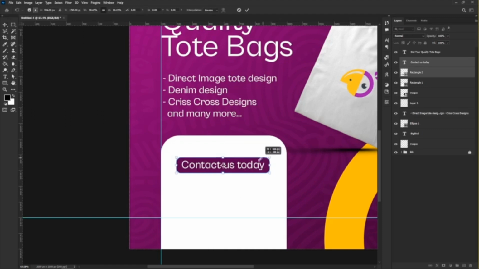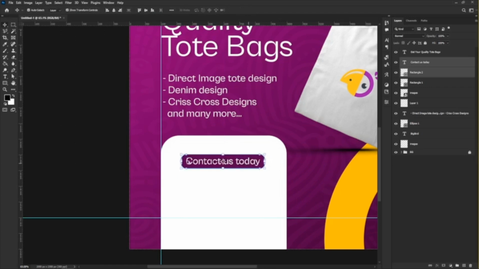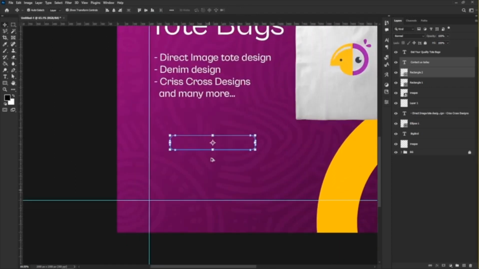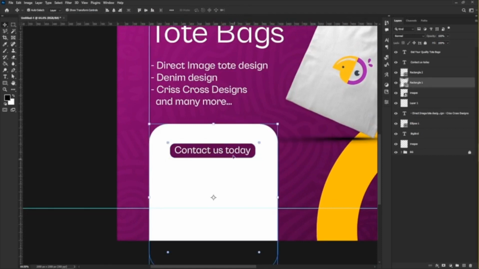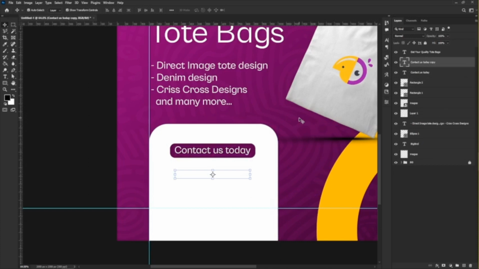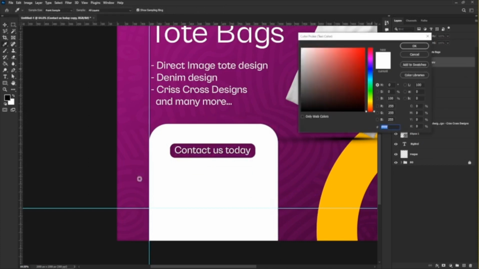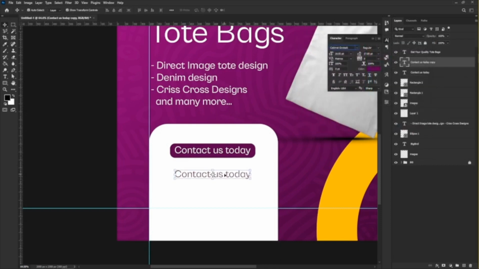So I will just reduce this a bit. I feel it's too big, then move it up a bit, and there we have it. Then I'm going to input the number here, so I'll just duplicate this right up, change the color to, let's say, the same purple up here. Then okay, then I'm going to change the phone number to